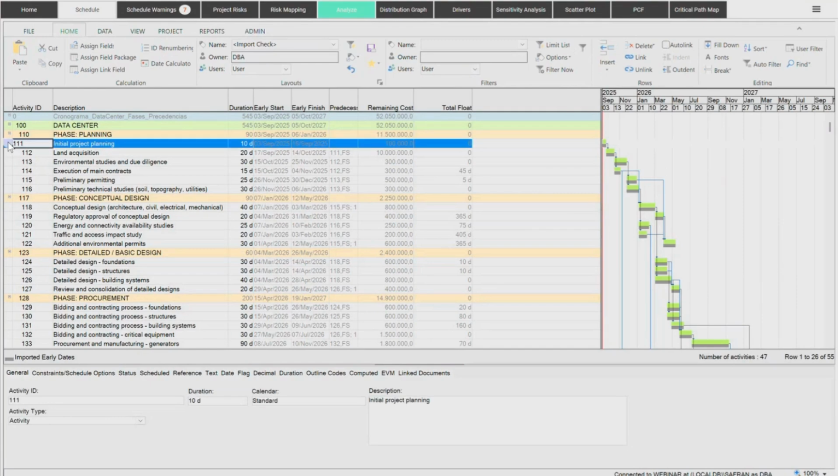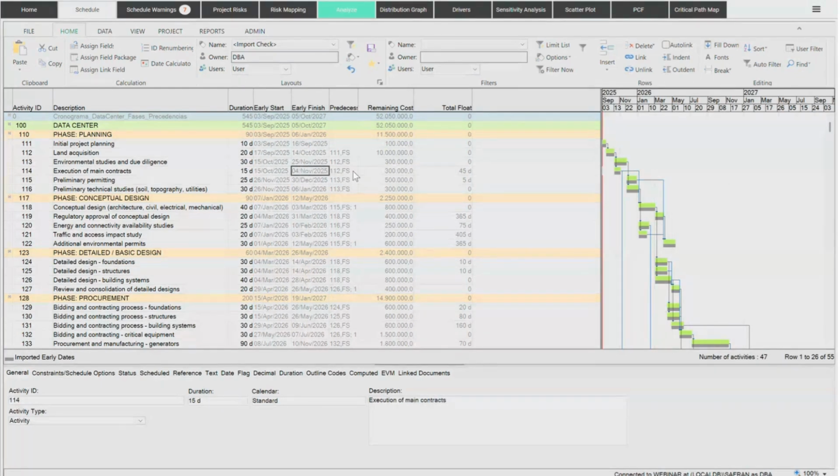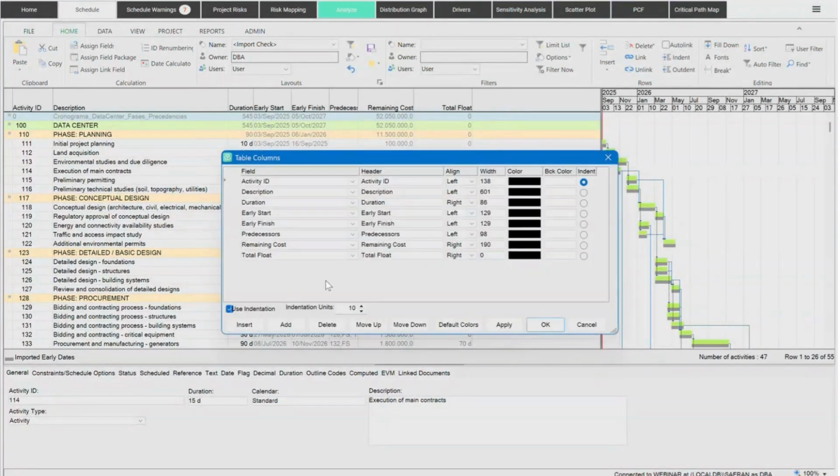For example, I can take a look at my tasks, the specified duration for each, start and finish dates, preceding, succeeding tasks, costs. It's calculated the flows for me. If I want any other kind of information, I could add another column here and customize this as I wanted. For example, percent completion, whatever I needed, I could customize the interface as needed to include the information that I would like to see.